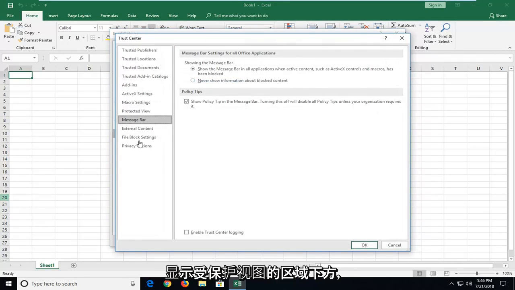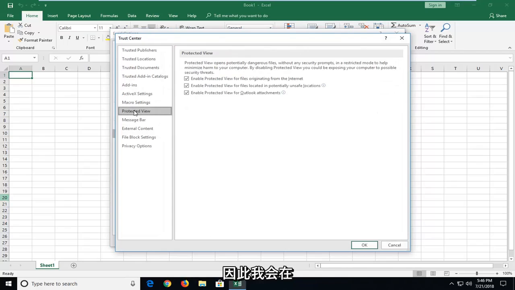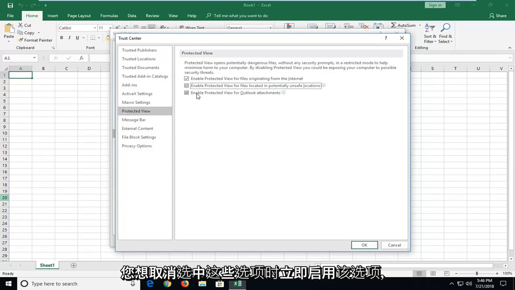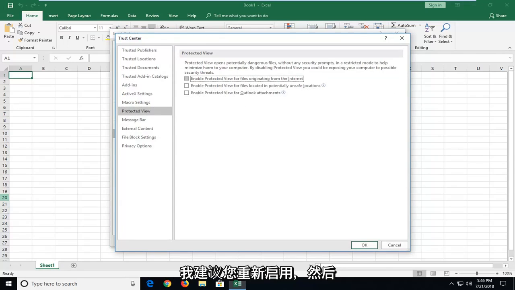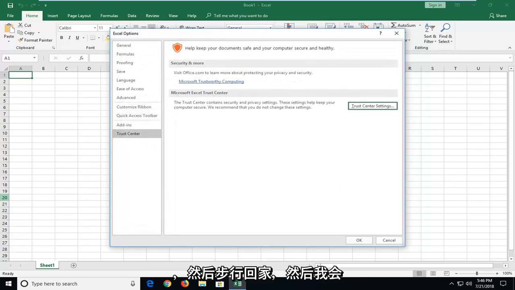Now you want to go underneath the area that says Protected View. Left click on that one time. You want to uncheck these options. I would suggest re-enabling them once you're done checking the specific file, if you know it's a safe file. But just in terms of getting around the specific error message, if you're running into an issue and you really need to access this file, that's all you have to do, hopefully, and just left click on OK. Then go ahead and try to open up the Excel file again, and hopefully that has worked for you.